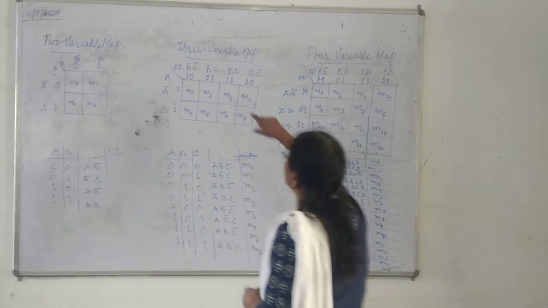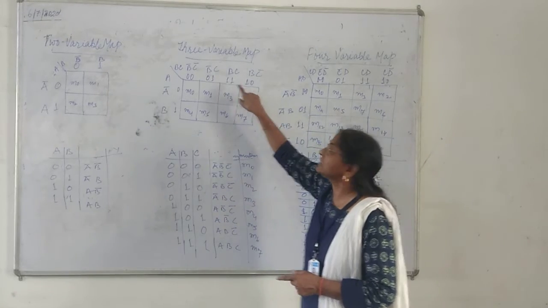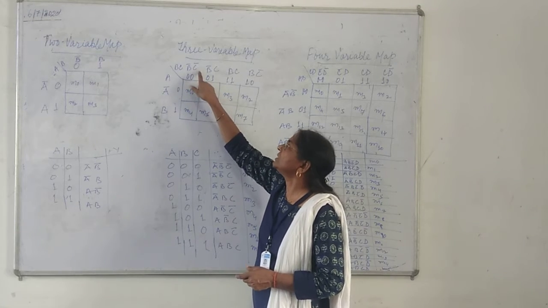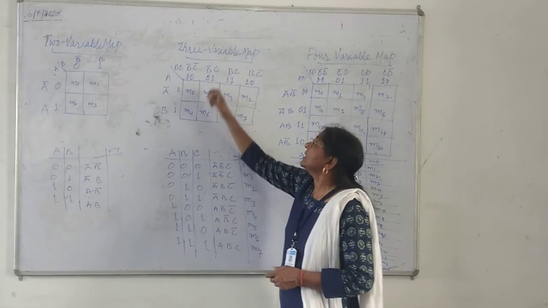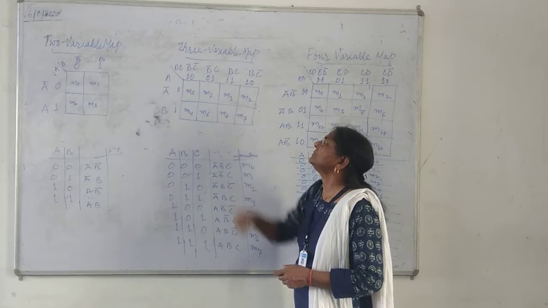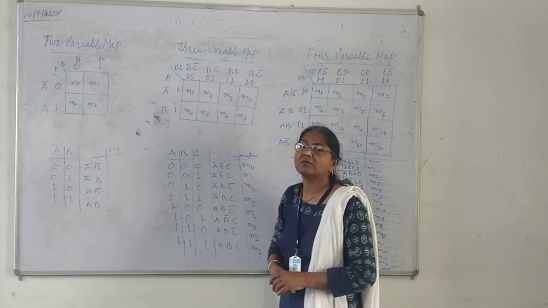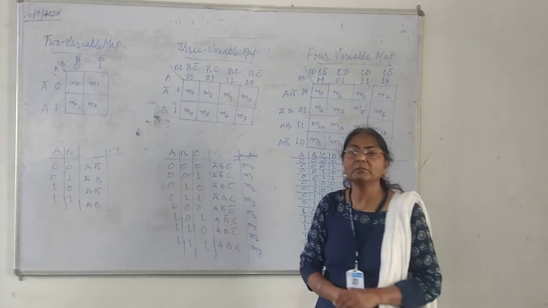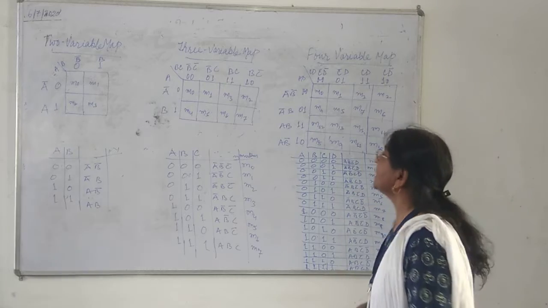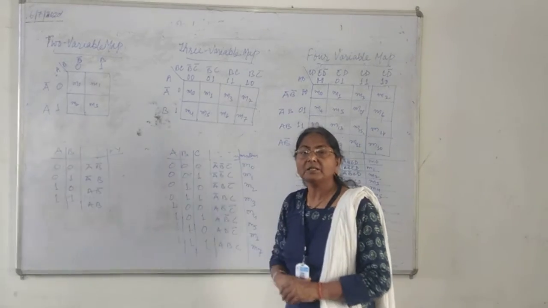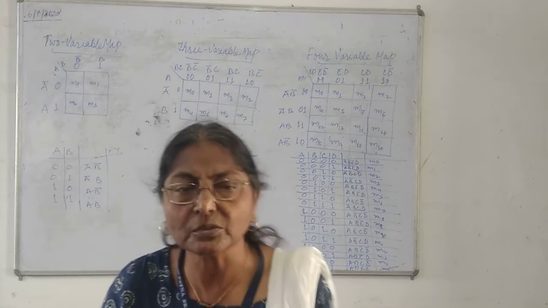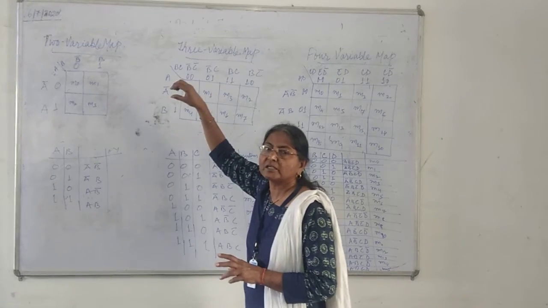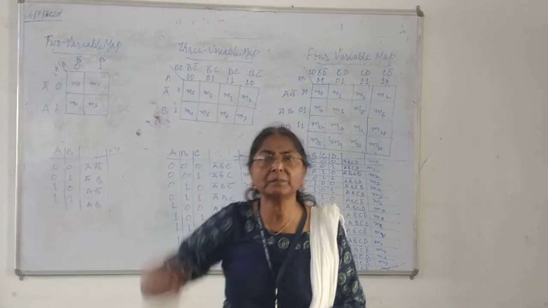That's why in gray code 1 is 2 and 10 is 3. That's why I have written here B bar, C bar, which means 0, 0. The value of B is 0 and C is 0, so it is written as B bar, C bar. In the second square, I have written B bar C, which means the value of B is 0 but the value of C is 1. In the third square, I have written BC, which means the value of B is 1 and the value of C is 1. In the fourth one, I have written BC bar, which means the value of B is 1 but the value of C is 0. So if you have two variables, these 4 binary patterns are possible.